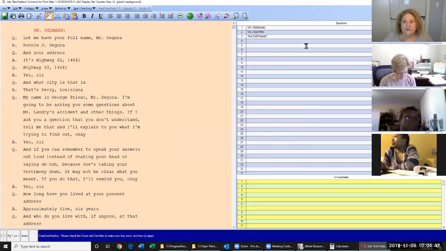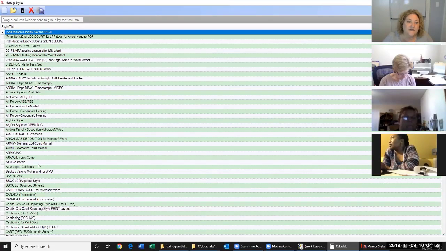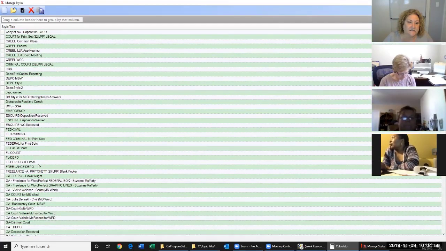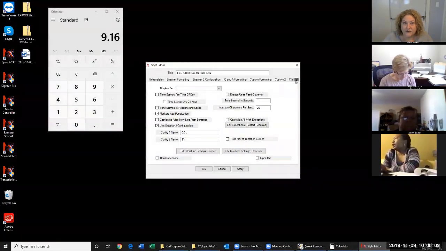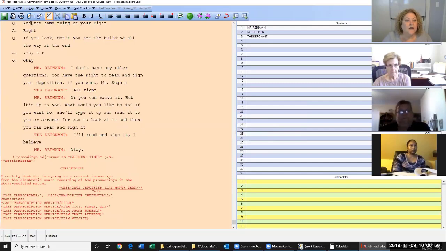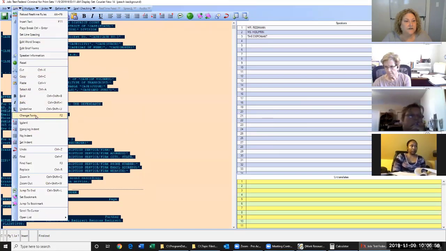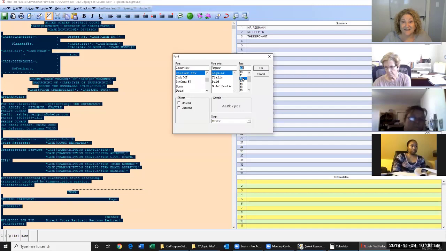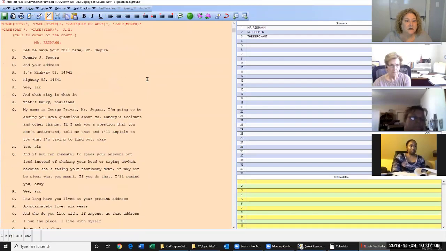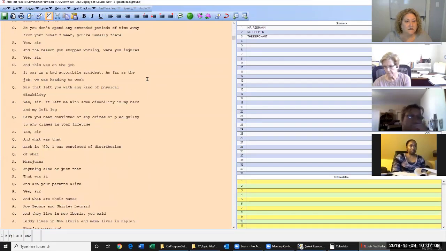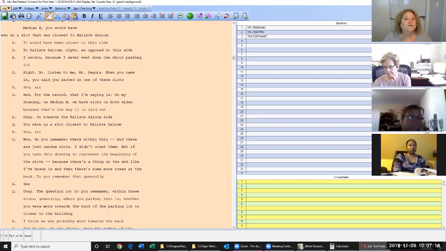Okay, doesn't have the cover pages, so I need to go back to the style. As you can see, when your style is not perfect, it causes such grief. Okay, so now I'm just going to do Control-A and change font because it doesn't all look the same size. So I'm going to make it all the same size. And I'm going to just pretend like I'm done. And I'm going to go to,